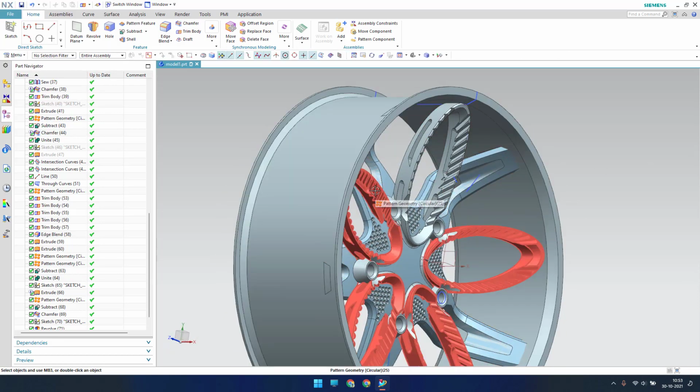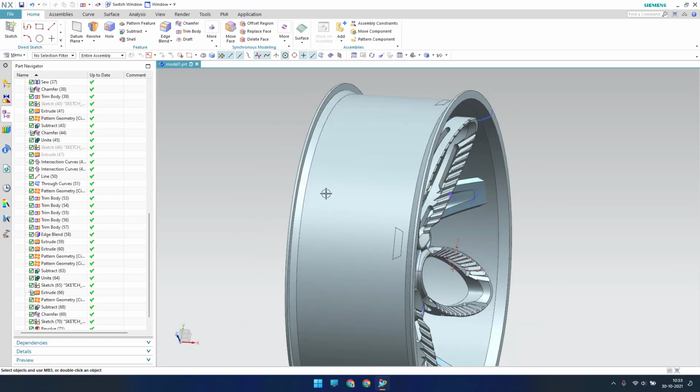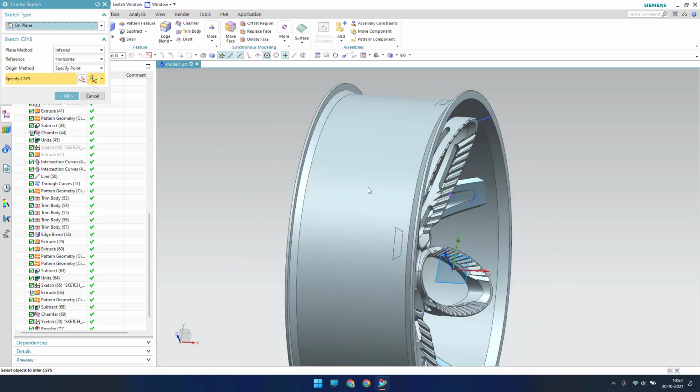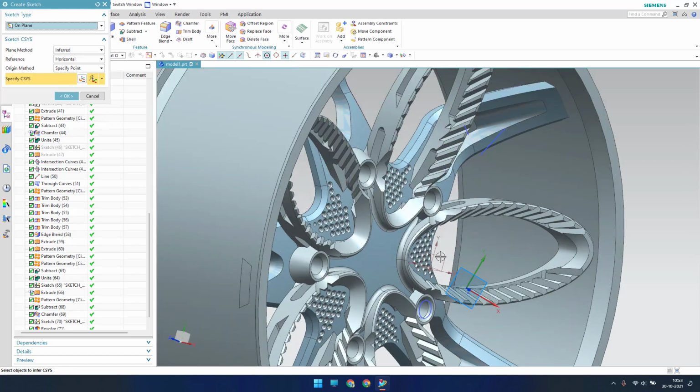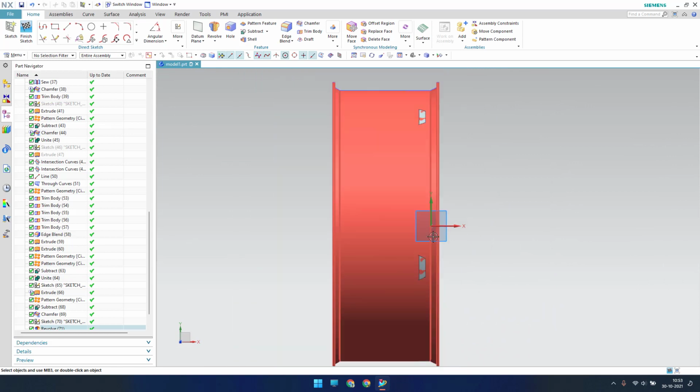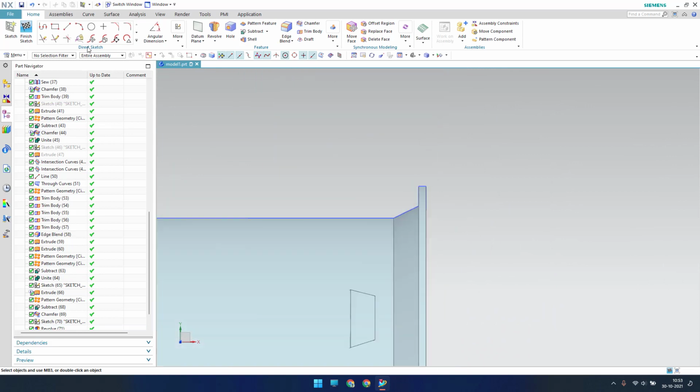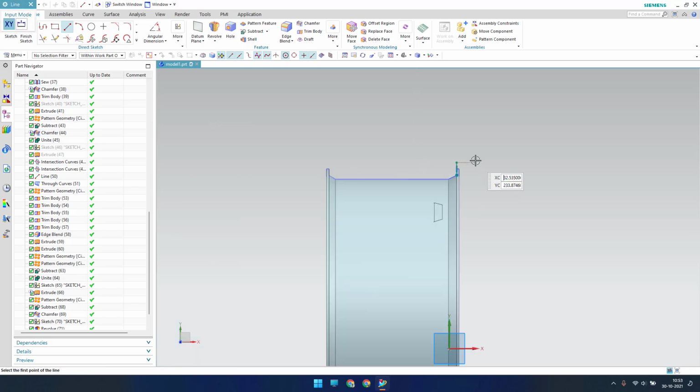So now what I will do is I'll just make a tire. So let me go to Sketcher environment on the same plane again. So here is my plane, and click OK. So I'll just draw a line here. Okay, and I'll just keep it as it is.